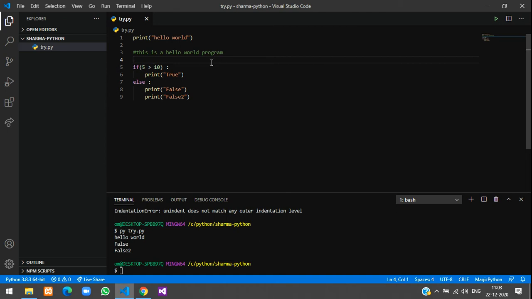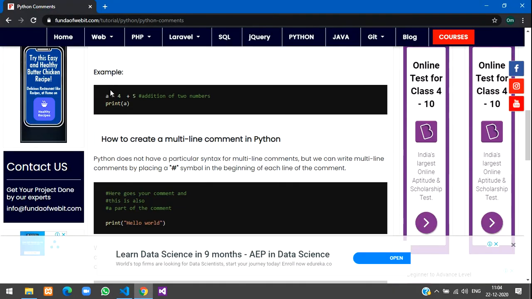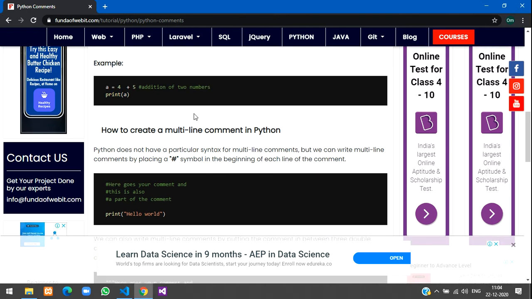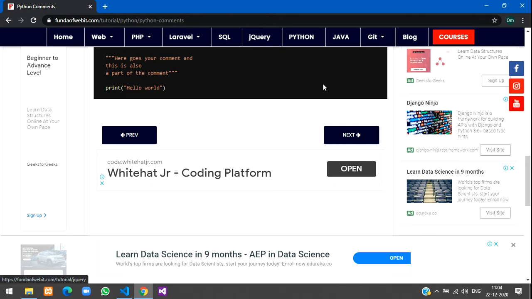You can use multi-line comments also. Just write hello and give another word here. So you can write multi-line comments also. Now let's see what is next. See, after a statement also you can give your comment over here. There are various things, I'll give the link in the description, you can go and refer there.